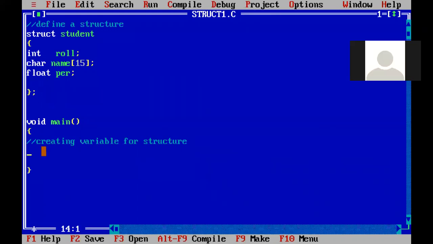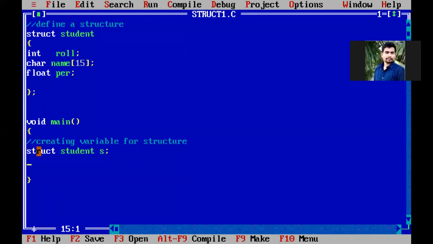So generally we will go with this normal definition only. So how to create: struct followed by student, and the variable name is s. So I'm talking about only one student. So with this we completed creating a variable for the structure.